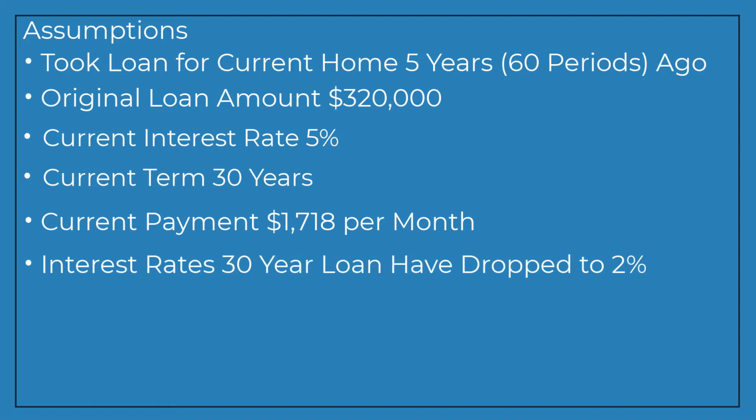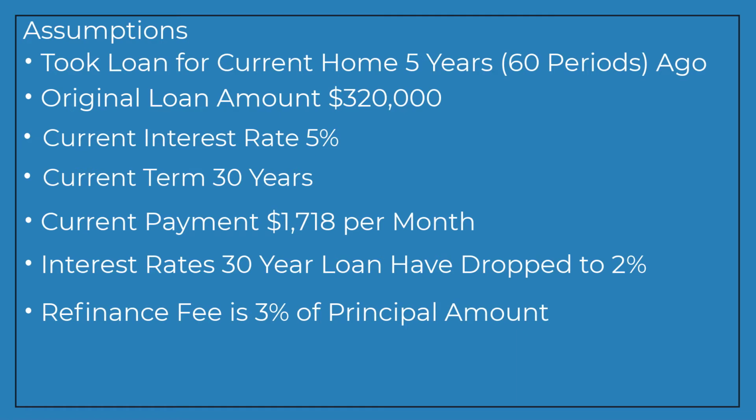$1,718, and after 5 years, or 60 periods, rates have dropped significantly and you can now get a new 30-year loan at 2%. And then the fees for any new loan are going to be 3% of the principal amount. And so now that we've laid out the assumptions, let's jump to Excel and we're going to actually run some